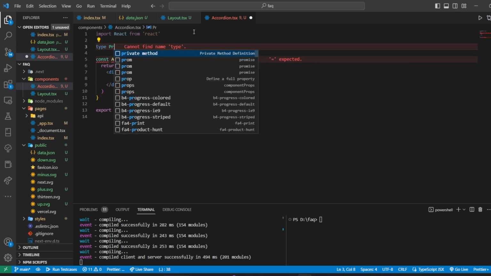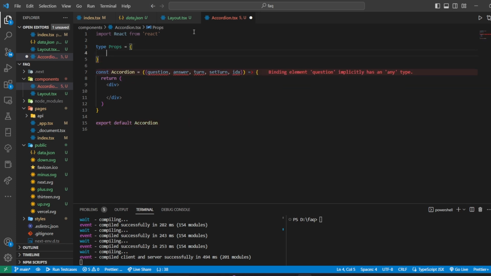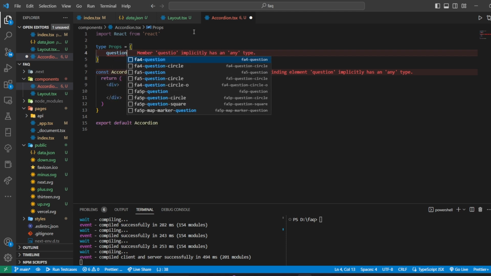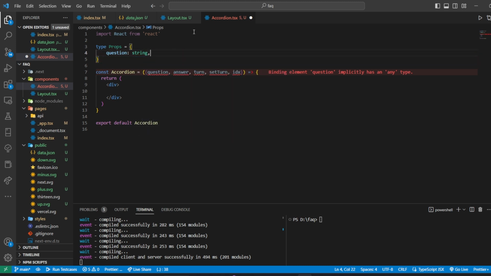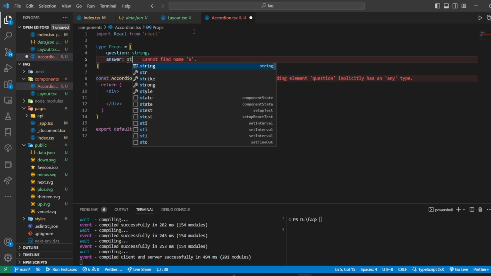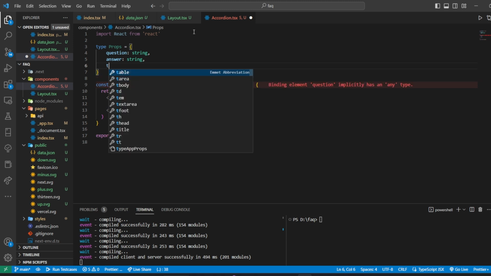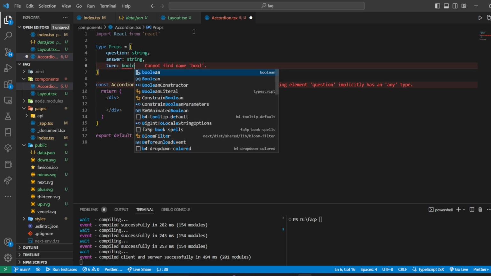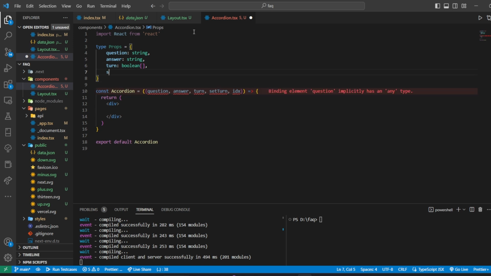I'll write type Props and will define question will be of string type, answer will be of string type, turn will be of boolean array, setTurn